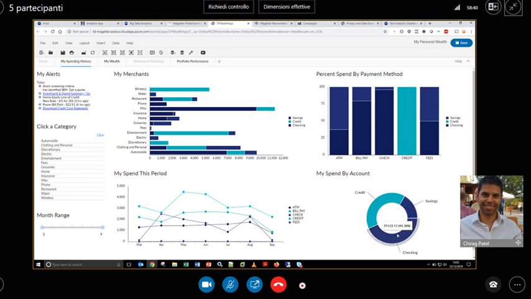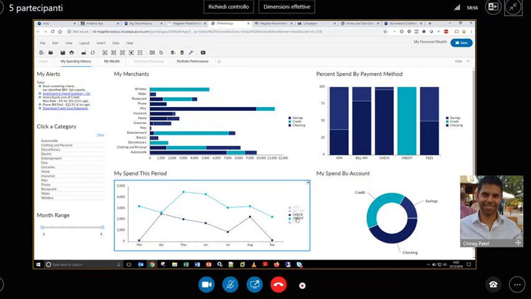So I've got 3 accounts with this bank. It's only showing me my information, my spending. It's showing me the spending for this period. I can also filter on this very easily just by saying, well, I only want to look at my checking and credit card